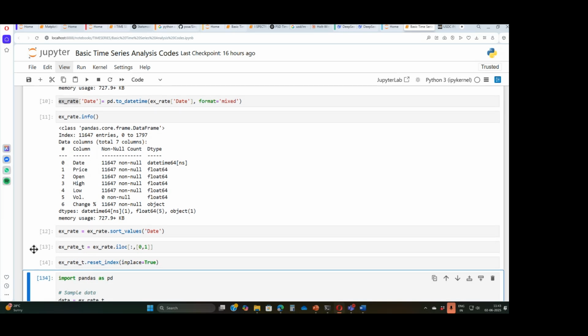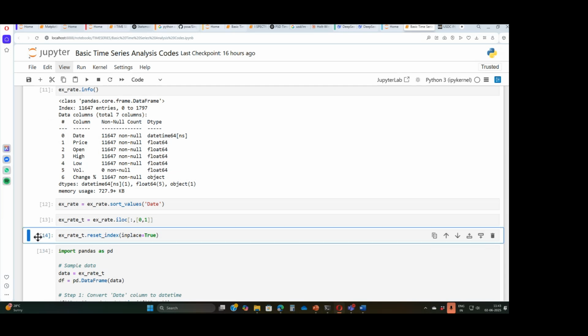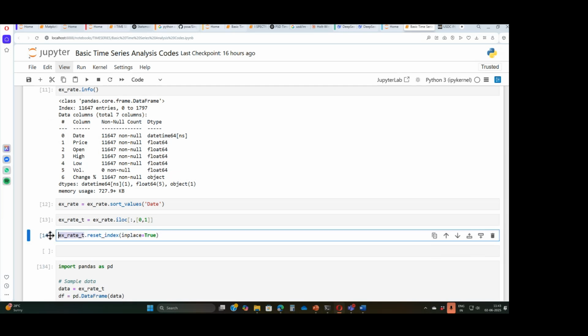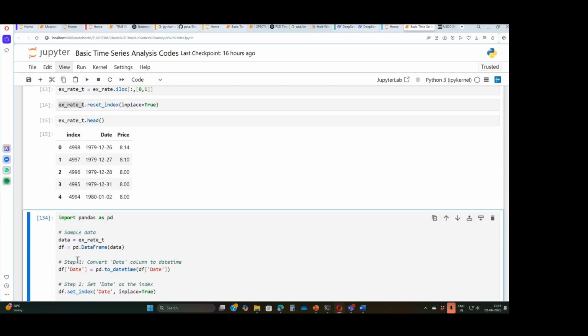If I look at the values here, you'll notice that it is in ascending order. That's very important, because if you don't do that, it will sometimes analyze data which is in descending order, or any order. Now look, it was 99 and that got mixed up. 26, 12, 79, 27, 12, 79, 28, 12, 79. Look, now there are 2 days off: the 29th and 30th are holidays, that is Saturday and Sunday.